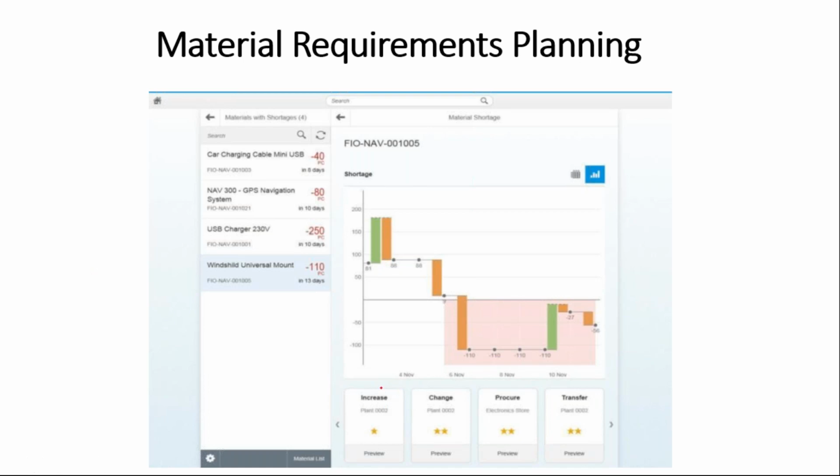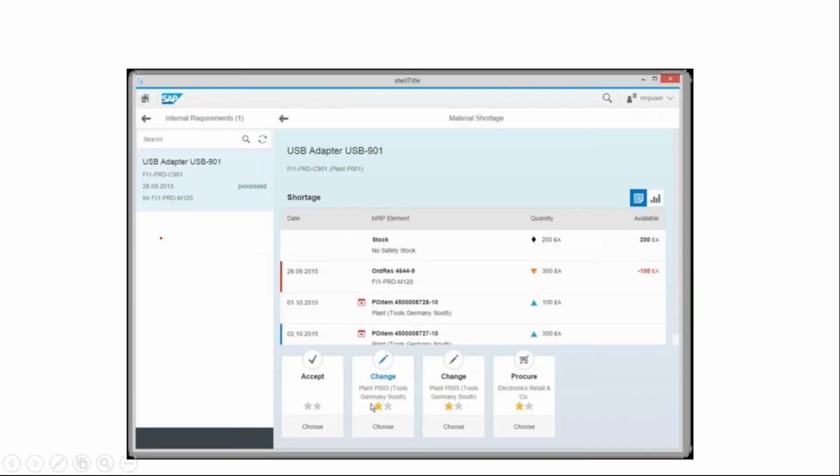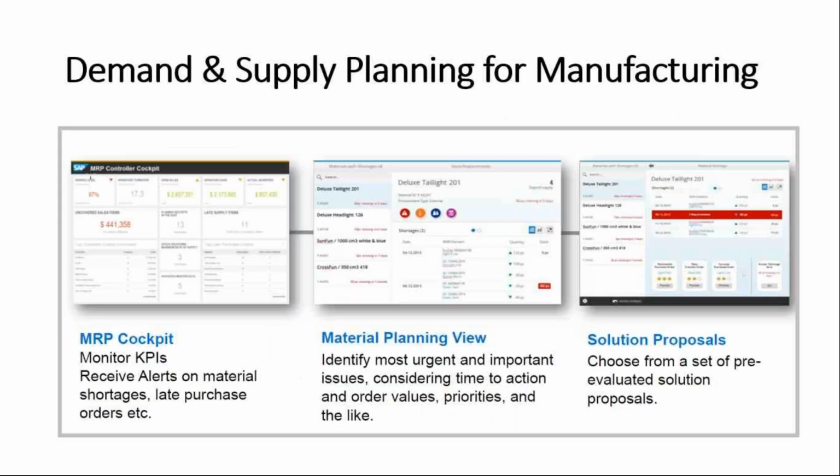This is basically an interactive app, where I can go and increase, change, or procure it, or I can transfer it from other stock. Based on that, you have a lot of component details that have all been integrated. So I can go material shortage-wise and individually check, accept, change, procure, all these things in real time. It depends on the requirement at that moment.